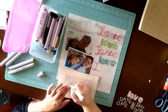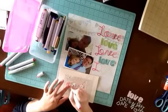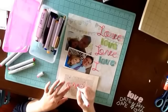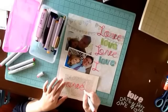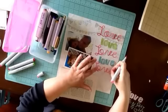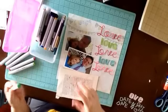But I think they give us a false sense of how long it's taking to finish a layout. One of the messages over at 2Ps right now is how many layouts have you gotten done over 2013, and if you get a lot of layouts done, how on earth do you get it done? And one lady was like, well, I don't have any kids. And I'm here to tell you, I do have kids, and I have a full-time job, and I'm self-employed, so